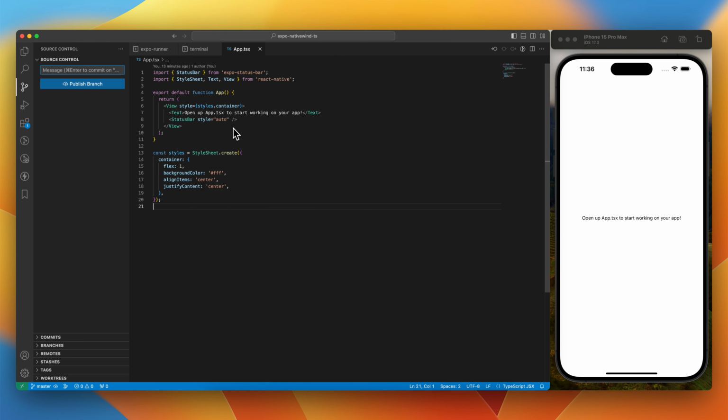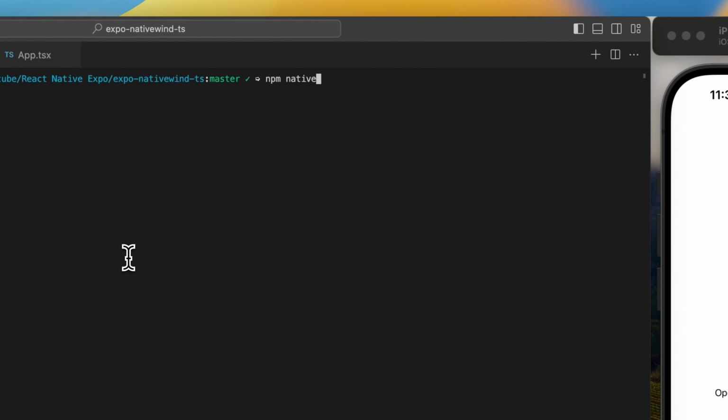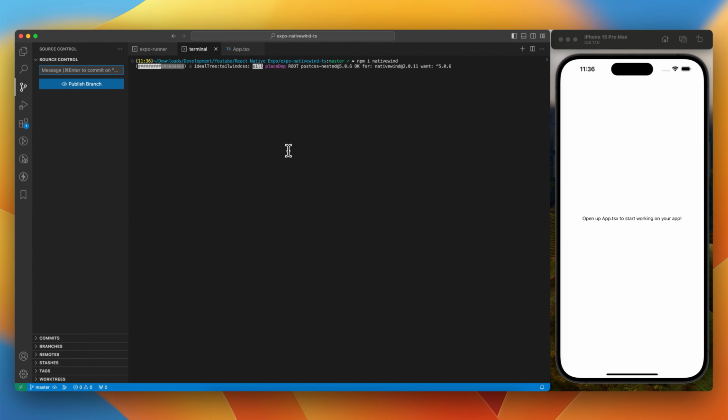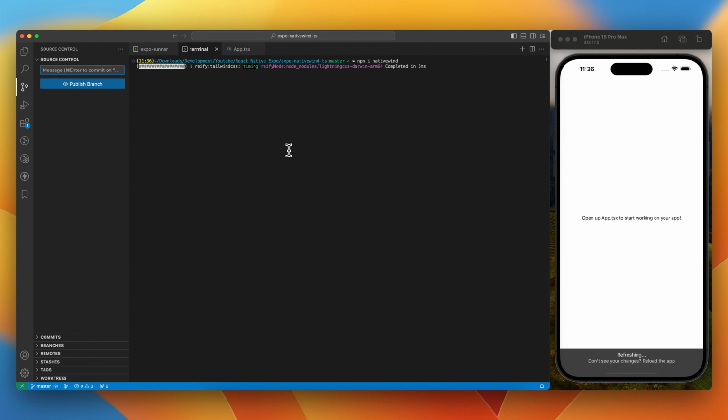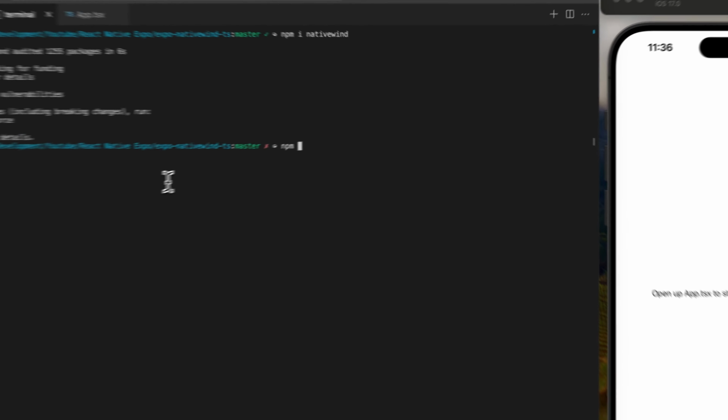I'm using a bare bones Expo project with TypeScript. So first you need to install Nativewind. Now I'm using npm, but you can use pnpm, whatever you really need to use. Perfect. And after Nativewind has been installed, we can do